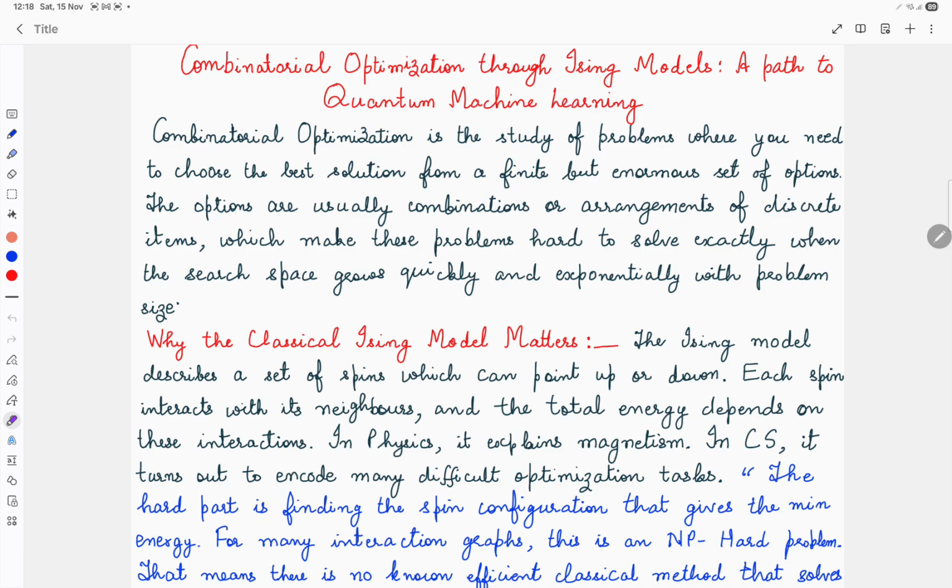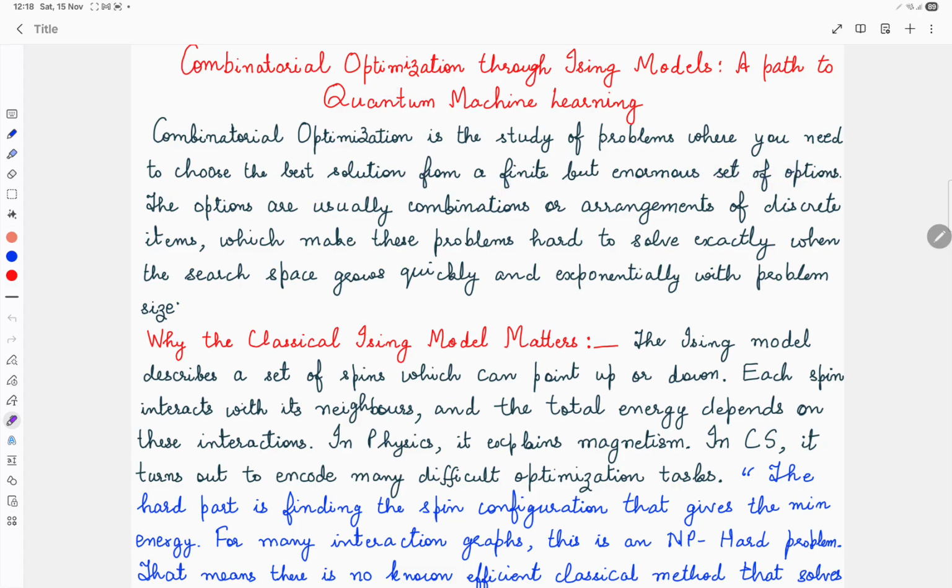So let us try to understand what are combinatorial optimization types of problems. Combinatorial optimization is the study of problems where you need to choose the best solution from a finite but enormous set of options. So therefore it becomes an optimization problem. What is the optimization problem? We are available with a finite but enormous set of options, that means solutions, and we have to choose the best solution. So therefore we have to optimize. Therefore these problems are referred to as the optimization problems because we have to find the best solution from a